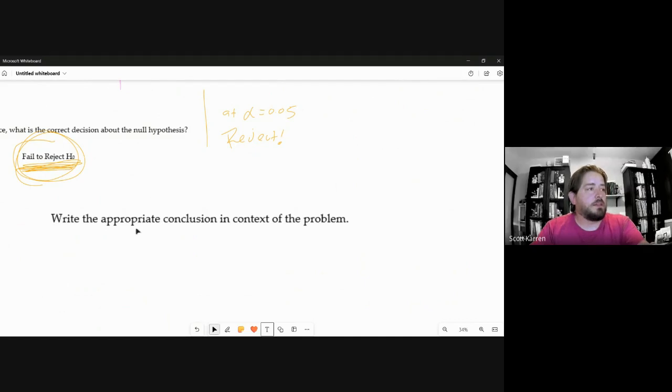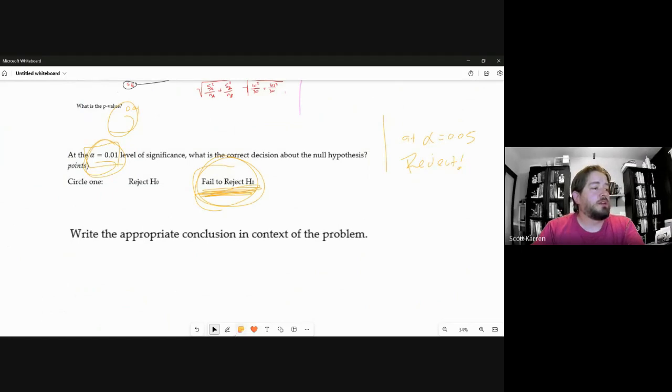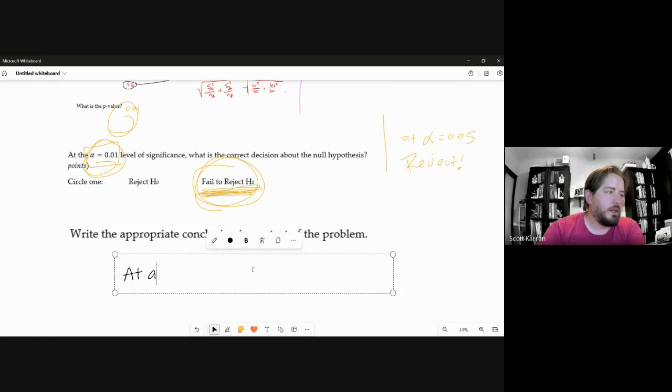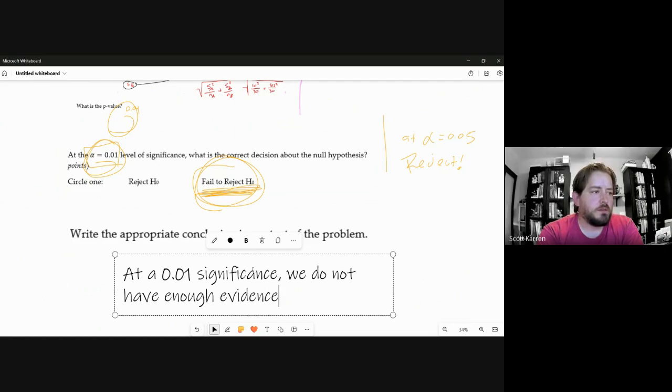Well, in the case of the question where it says the alpha of 0.01, you just need to type up or write up something that says, maybe make it bigger, at a 0.01 alpha significance, we, what did we do? Fail to reject. Or we would say we do not have enough evidence to reject